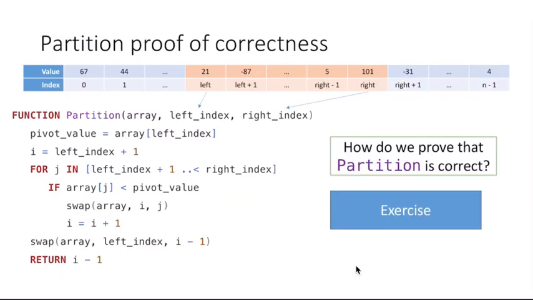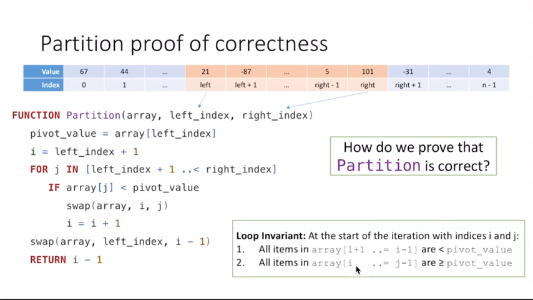So your exercise was to give me a loop invariant. And here is a loop invariant and then we'll run through the proof. Here's the loop invariant I'm going to use for this proof. It's worded not as verbosely; I've tried to make this concise and easy to understand. We'll just say that at the start of each iteration with indices i and j, because we're going to have two looping indices that we care about,